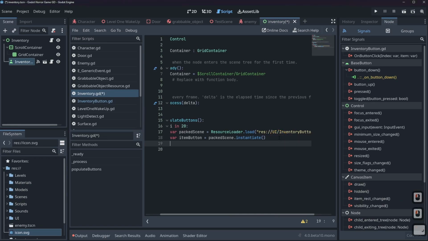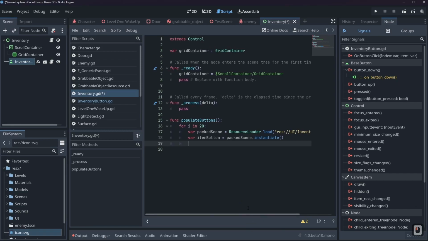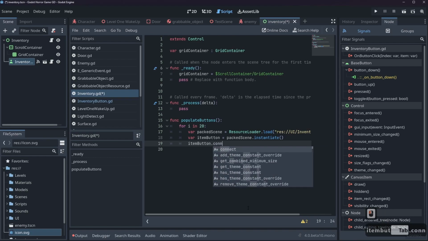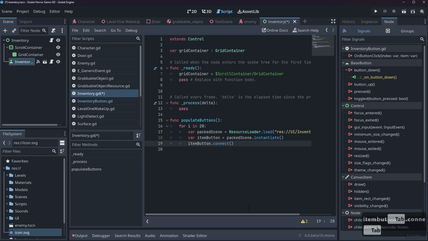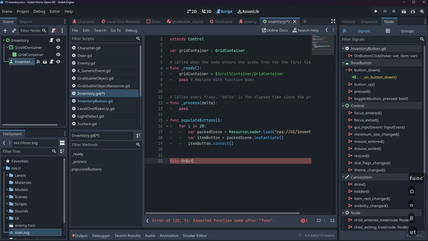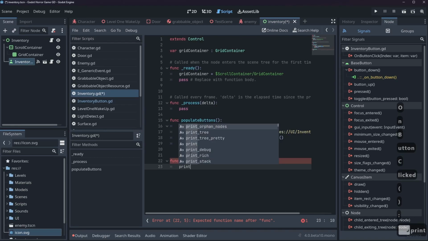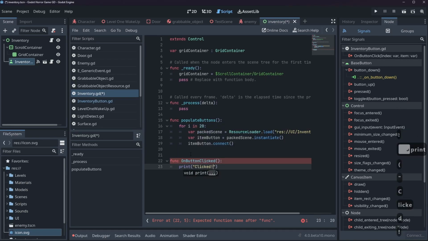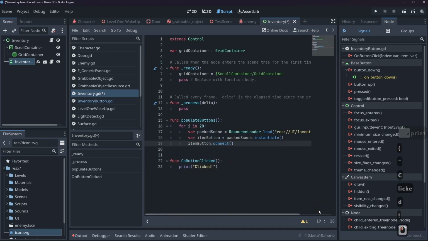And then we have to subscribe to that event. So for us to subscribe to our click event, we can just say item button.connect, and we can connect our functions. Now we actually don't have a function to connect this to, so we'll just create a small adapter function. So we'll just say func on button clicked for right now, and we'll just say print clicked, like so. And we'll just connect our signals together. So item button.connect,